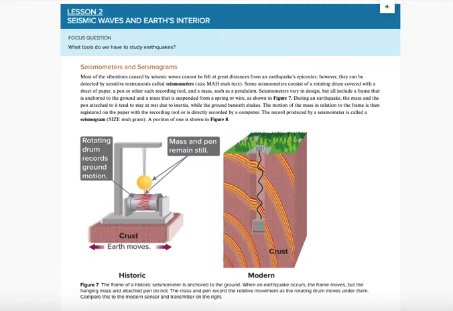In this section, we're going to be going over seismic waves and the Earth's interior. So, how scientists use seismic waves to help discover more information about the inside of the Earth. In order to detect earthquakes, because sometimes you can feel them, but a lot of times you cannot